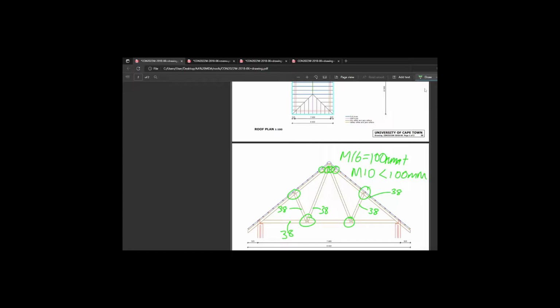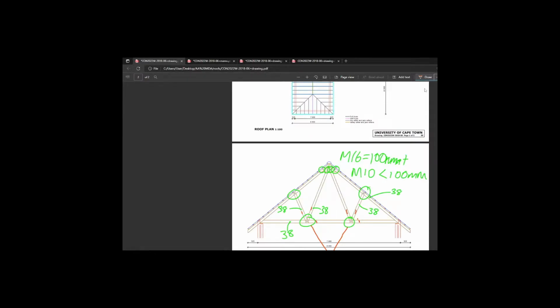Okay, so let's just analyze 2 intersections. We'll take a classic example of these two experiencing the same amount of members that they need to connect, right? We've got three intersections, and that's the same as the side. Okay, you've got to make sure it's the same. So we're going to group them together. 3 by 38. Okay, and the rule is you're going to take the thicknesses and 2 times the bolt's diameter. So since this is already 38, so it's over 100, we'll say this is M16, okay, because it's over 100. So we'll do 2 times 16 instantly. 2 times the bolt diameter, and that will give you